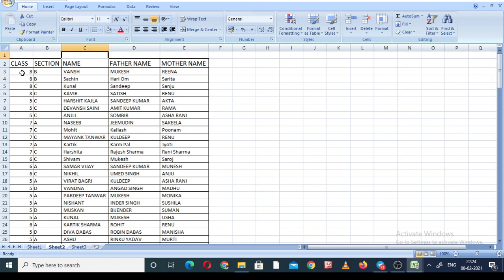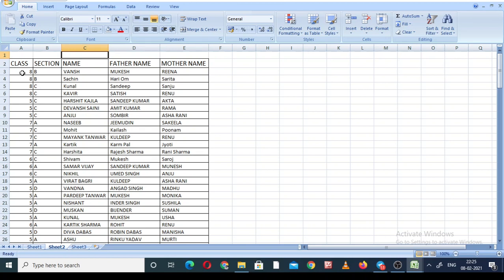What we would like to do, we actually want to arrange this class in ascending or descending order, class wise, then section wise, and then name wise. Why is it important? Why is it useful? As I told you, suppose there are 1700 students. Out of 1700 students, if you would like to search for one of the students, it will be very difficult. But if you arrange it in either ascending or descending order, your work will be very easy. You can do that with the help of the sort and filter.